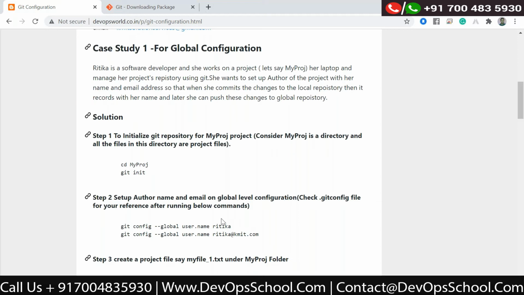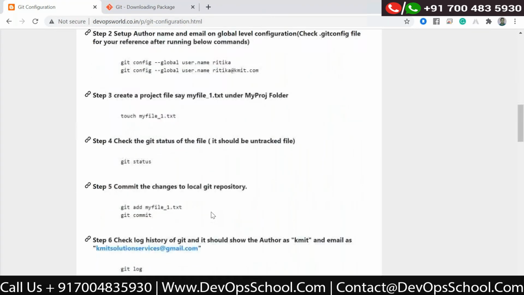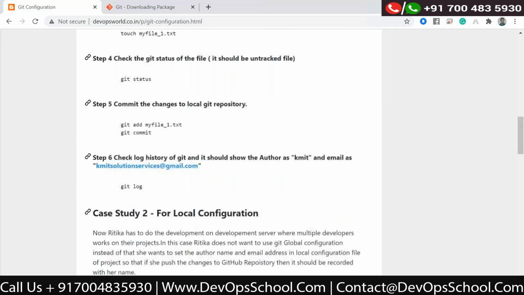Because she is making the changes on her laptop only, whatever project she creates, she wants the username to be Ritika and the email to be her email address. Okay, so these are the things, right? You can just go to this and see.